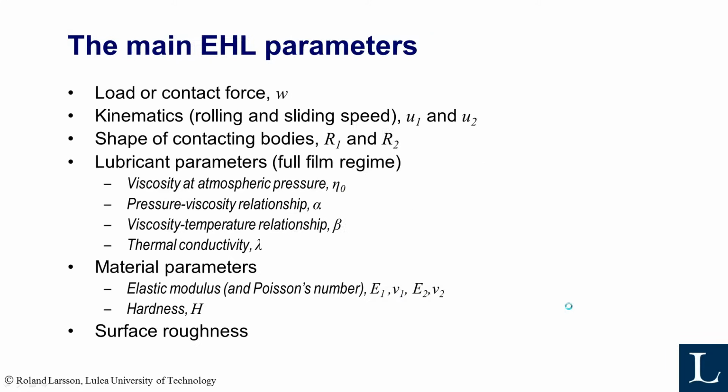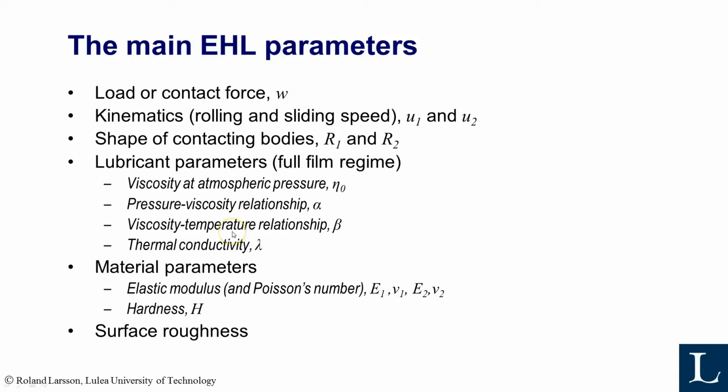So this is the full list of parameters. As I said, it's the load, it's the speeds of the two surfaces. If they are the same, it's a rolling contact. If they are different, it's a partly sliding contact. The radii and the lubricant parameters, again, the viscosity at atmospheric pressure, the pressure viscosity relationship or the alpha parameter,